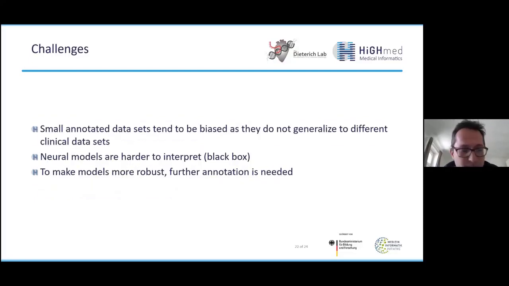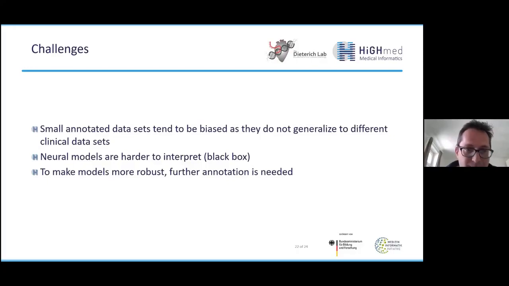So what are the challenges? Of course, extending the data set would make the models more robust. 113 letters is really not a lot, and most probably they will become old, because the style in which discharge letters are written changes over the years as the physicians change. So it is helpful to always add some letters to the data set, but you don't have to do that in such a huge amount that it is not possible to fulfill.